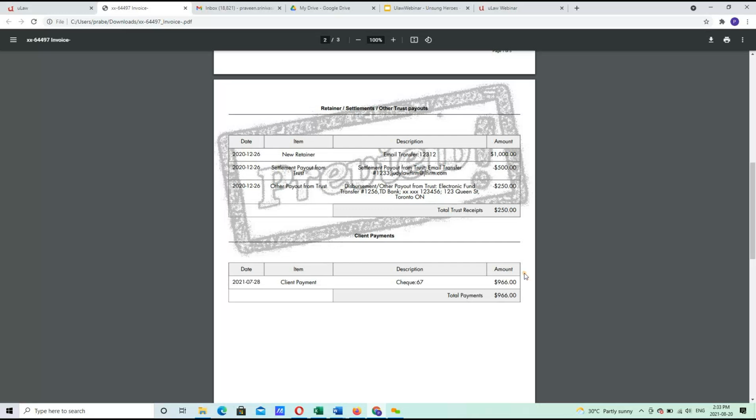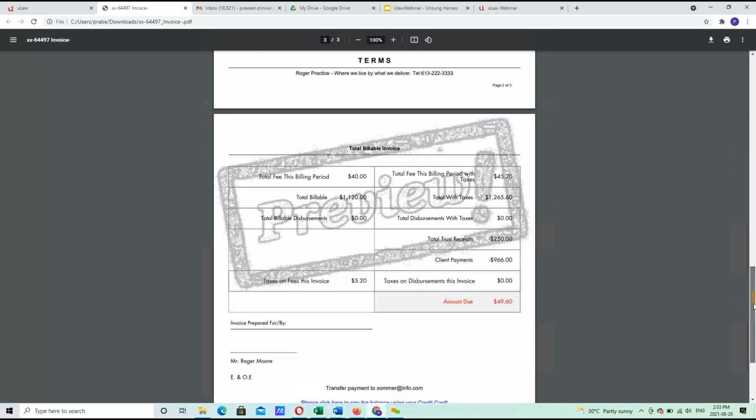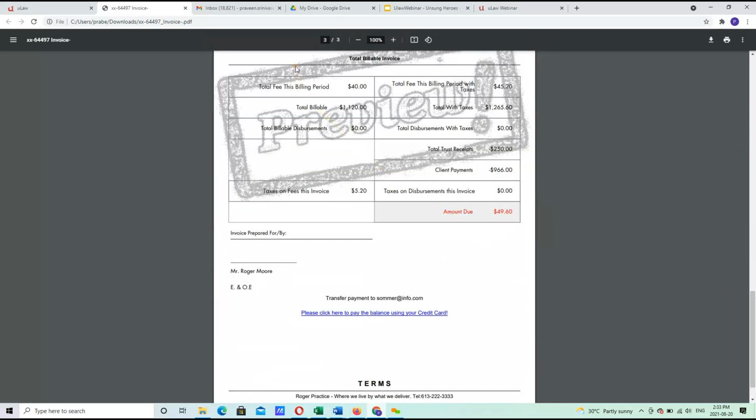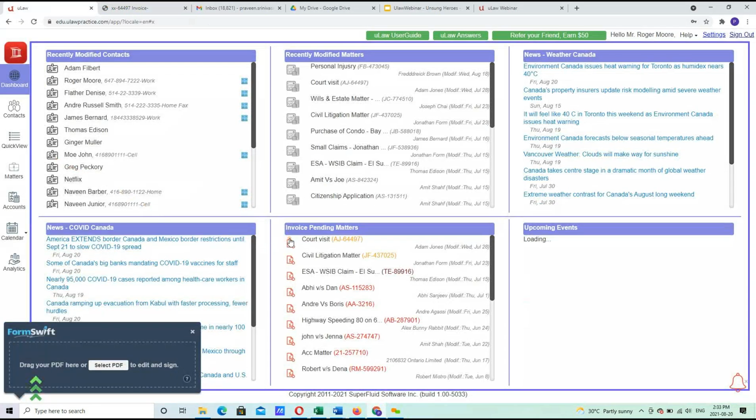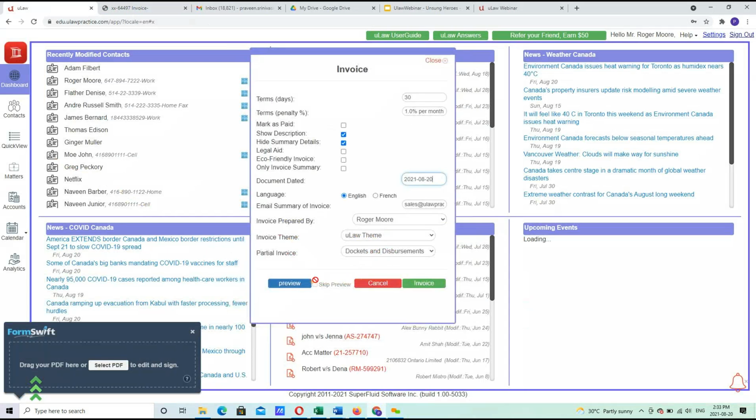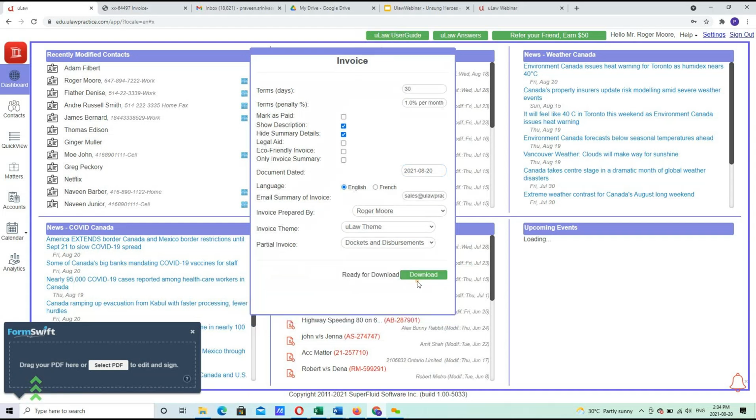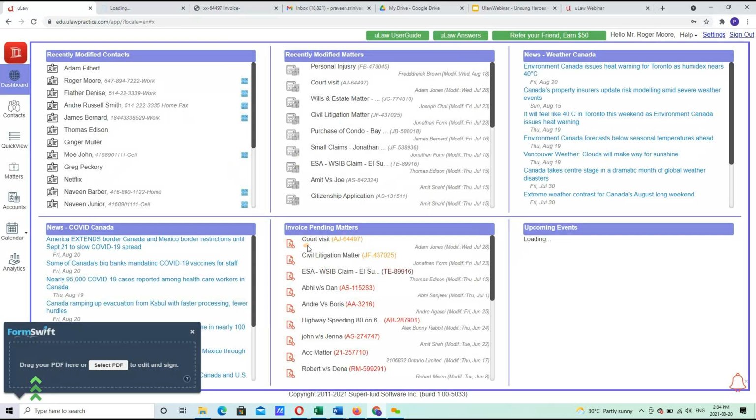You have received a client payment, and you've got some money in trust. Okay? And there you go. So there's about $49.60 worth of invoicing that you can do right away. And if you decide to invoice, you can even skip the preview and go straight into invoicing right from the dashboard. If you've determined, yes, it's about time, I'm going to make this invoice as dynamic as possible, as and when it happens. And as soon as you've generated that invoice, you're going to notice